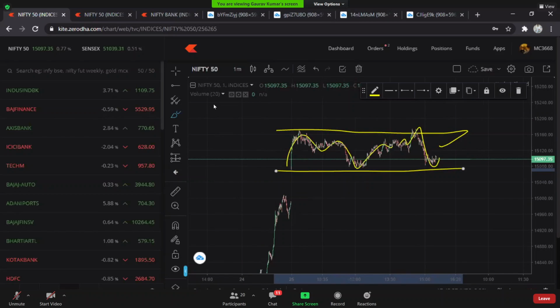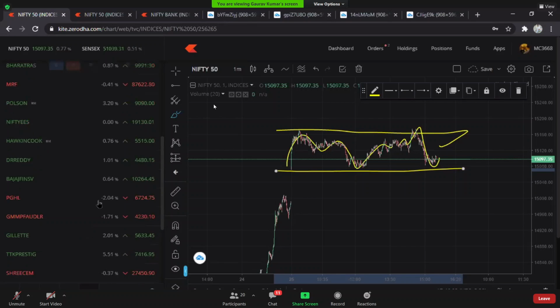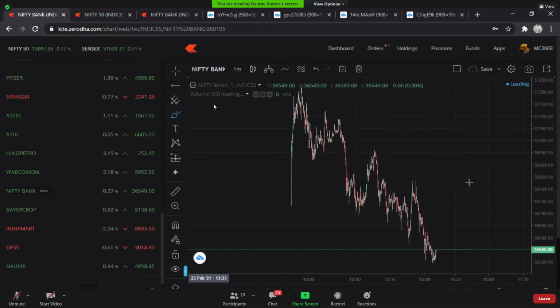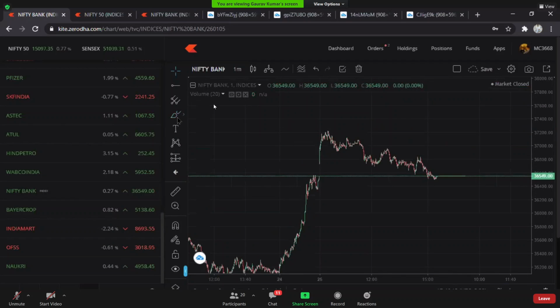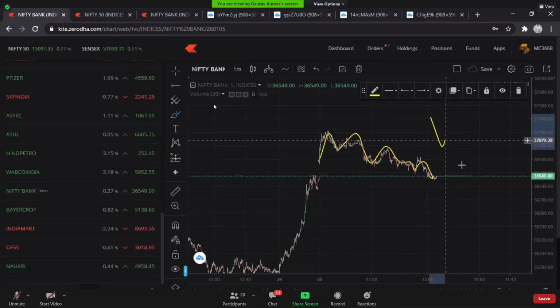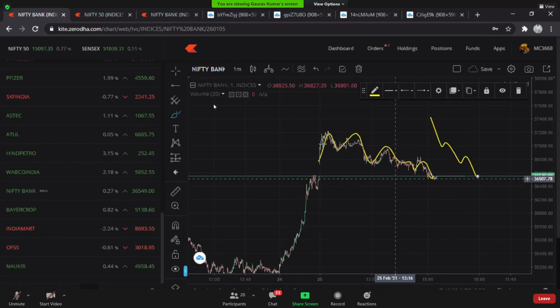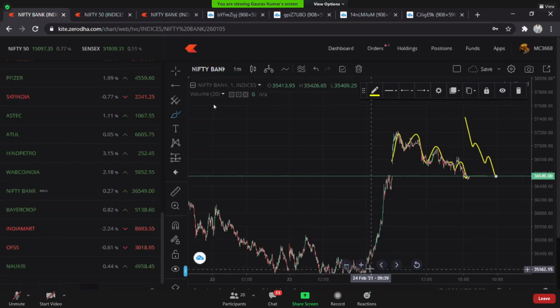And this up and down was not of small points. It was a huge point up and down. This is called volatility. That is why I had even told my traders to stay out of the market for 2 days, that is yesterday and today. Even though you will call it trending, I will call it volatile. What is trending? This is trending. And this is volatile. This is trending.